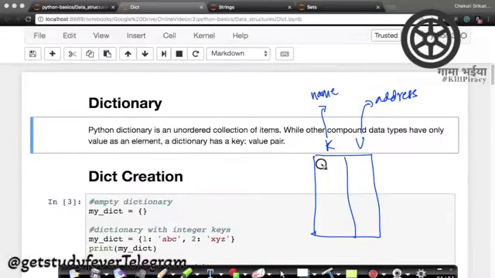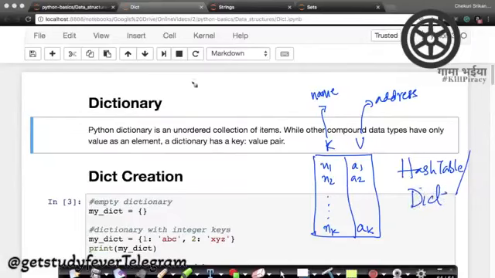Okay, so I have name 1, address 1, name 2, address 2, and so on, up to name k, address k. Let's assume I have stored this in a table. Now, this is the power of a hash table or a dict. This is where it is super powerful. Now let's assume I want to find the address